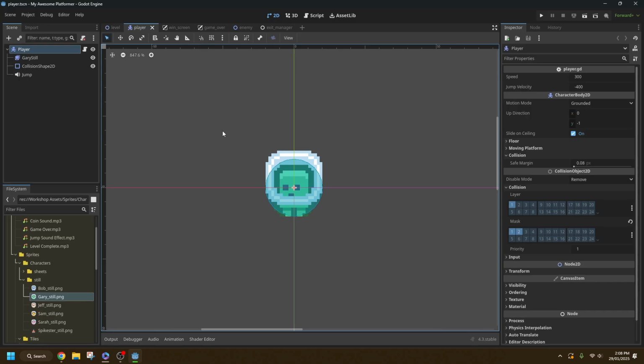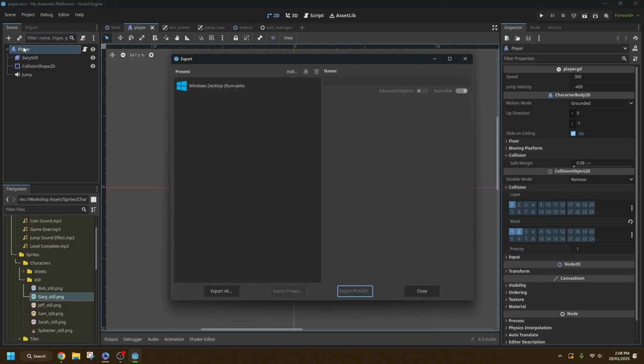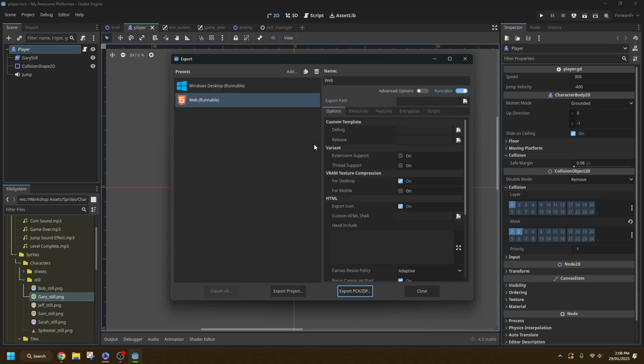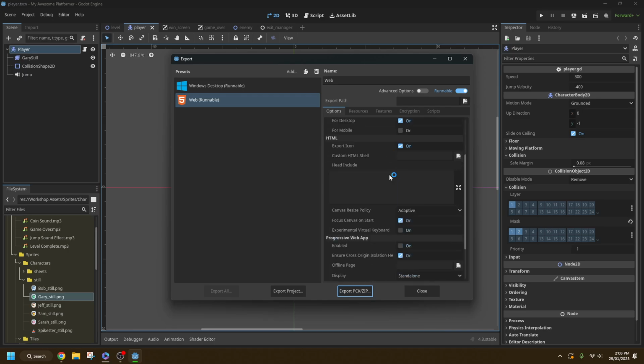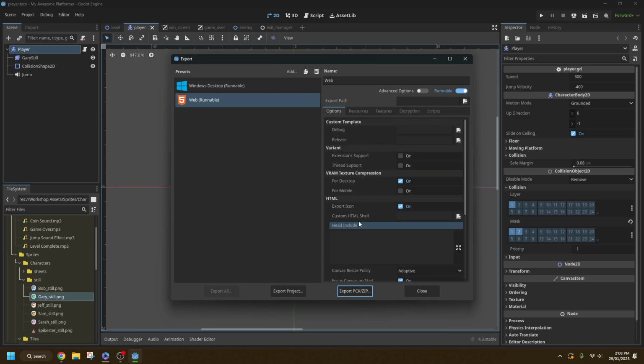At the end of that video, we exported our project for Windows, but now we're going to export it to web. So it's a pretty similar step. All we need to do is go to Project, and then Export. And you might see no presets here, that's fine. You just add and go to Web, and then you'll see your web preset. You don't have to touch any of this. This is all fine. You don't need to muck with any of these settings. Just go straight to Project, Export Project,